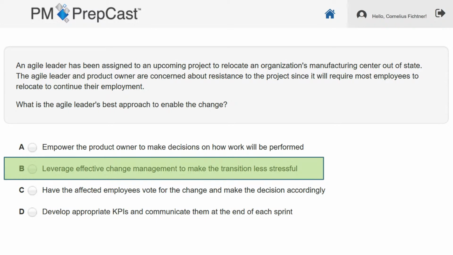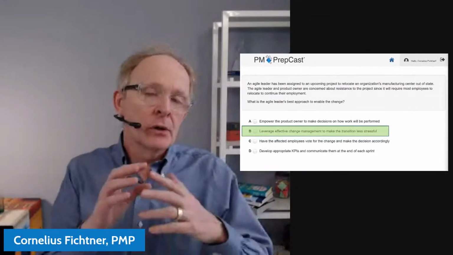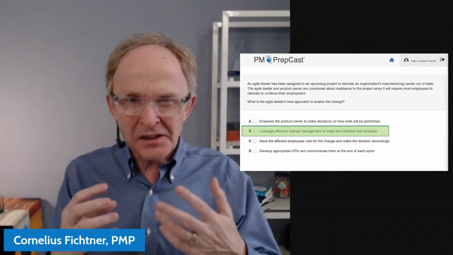Maybe one final thing before we move on here. If you're thinking that relocating an organization's manufacturing center as an agile project may be counterintuitive, well, agile projects are typically associated with knowledge work, software development, things like that. And whether this is the case or not, nothing prevents an organization from using agile methods to undertake other initiatives, such as this here, which, if you look at it from a high perspective,